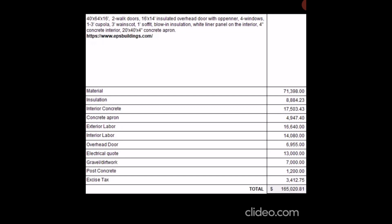So you could do this a lot cheaper for sure, or it could be a lot more expensive. It really depends on your area and when you're building this. It's 2023. This was built in 2022. Materials were pretty high. They're going down a little bit, but cost of steel is going up even though wood is coming down. So this really, really varies, but I see all these videos where people ask and no one ever tells them the price. They're like, well, it varies so much. Like, yeah, I get that, but I still want a ballpark of what it would cost to build a shop